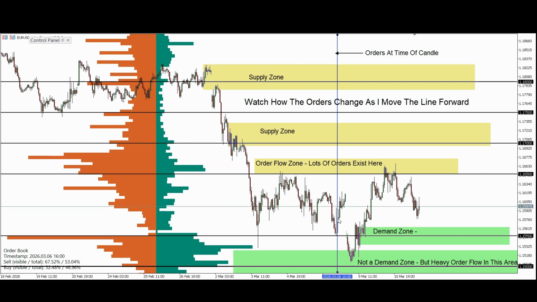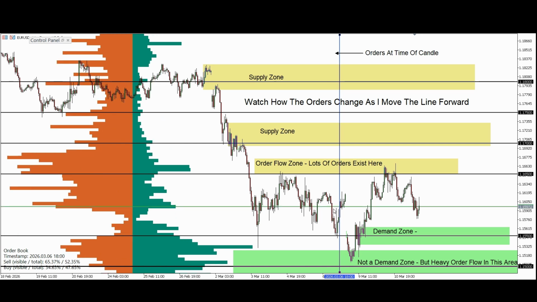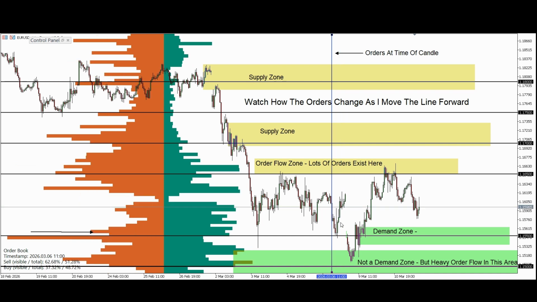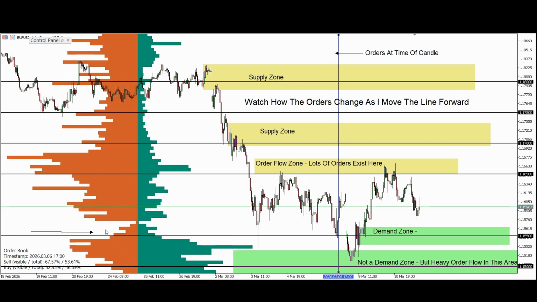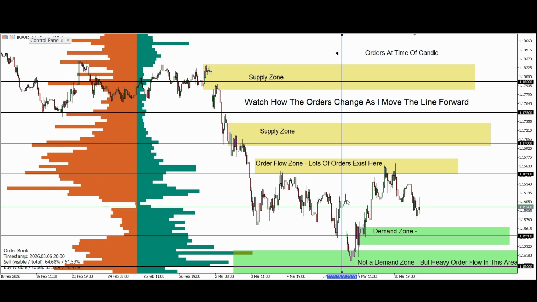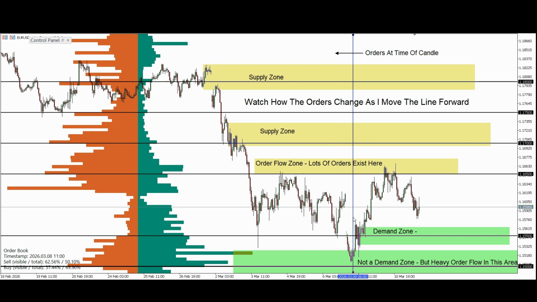And you can see that clearly when I move the order book line forward in time. As price evolves, the clusters don't just sit there, they shift. Some grow stronger, some fade away, and new ones begin to form. Why is this? It's because traders' perception changes. As the market moves, traders adjust their positions. They add new orders, cancel old ones, move stops, take profits, and all of that reshapes the liquidity landscape in